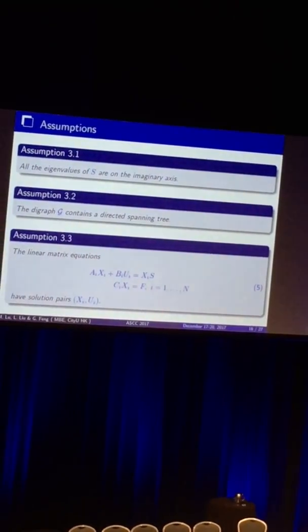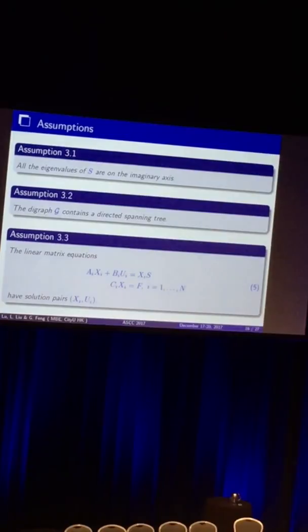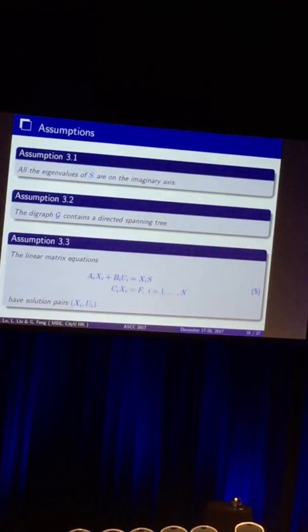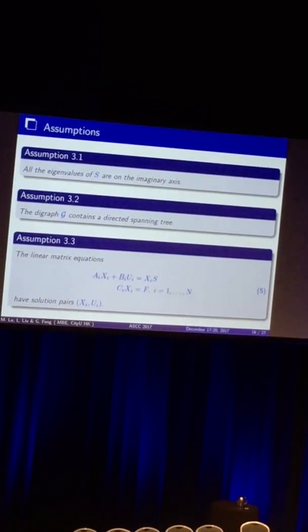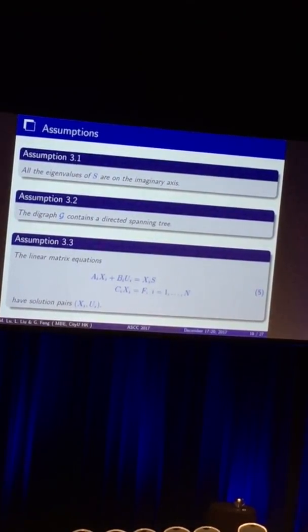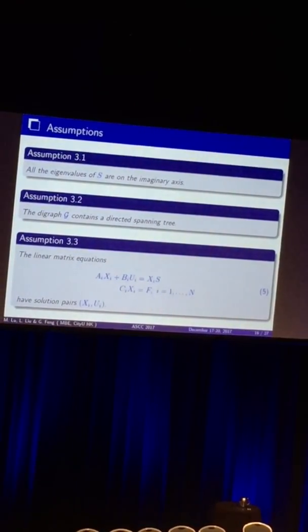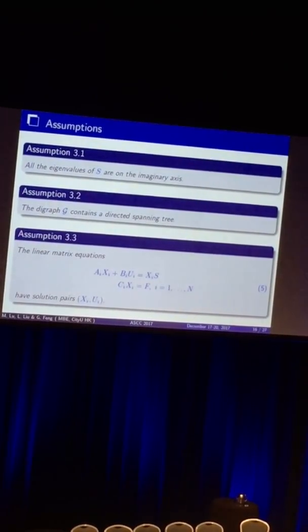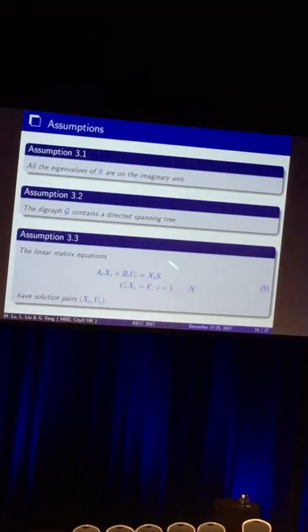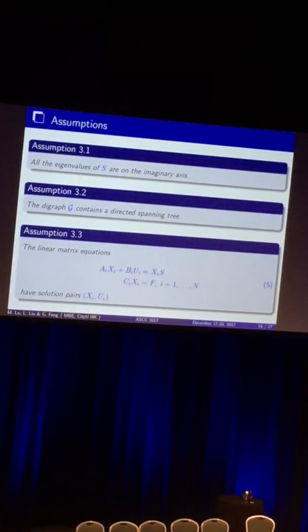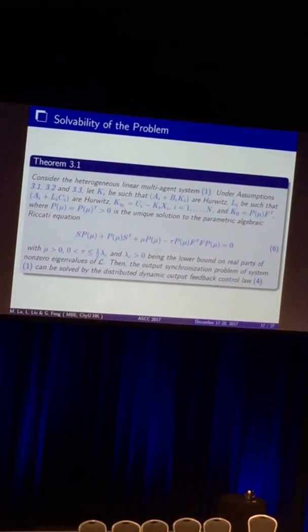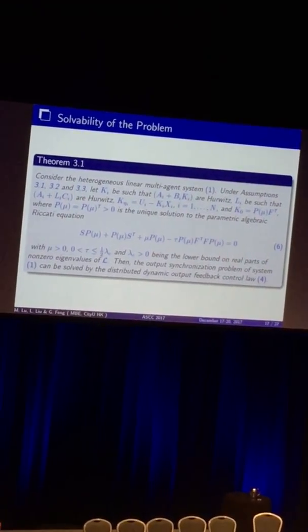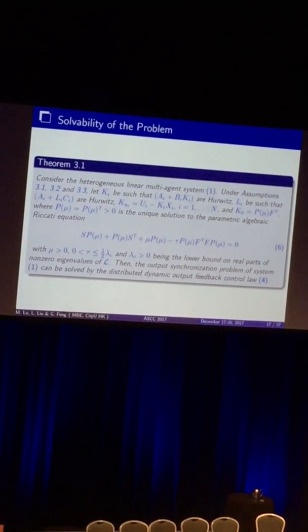To solve the problem, we still need these three standard assumptions. Assumption 3.1 is to exclude exponentially diverging signals. Assumption 3.2 is a standard assumption of the digraph. Assumption 3.3 requires the linear matrix equations 5 to have solution pairs Xi, Ui. Now we can obtain the solution to the output synchronization